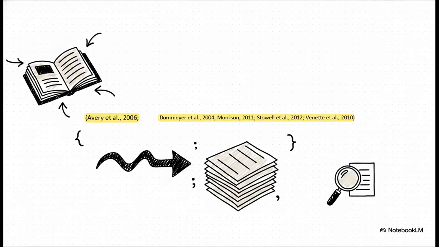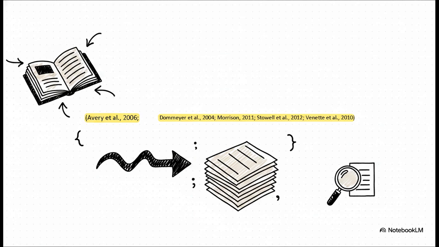Now, conversely, let's look at parenthetical citations. What happens when you need to cite multiple works simultaneously? Meaning, you've got several different papers supporting the exact same claim you just made. Well, you bundle them all together inside one single set of parentheses. And how do you separate them? You use semicolons. It's brilliantly simple, keeping the text flowing nicely without bogging your reader down in a massive, clunky